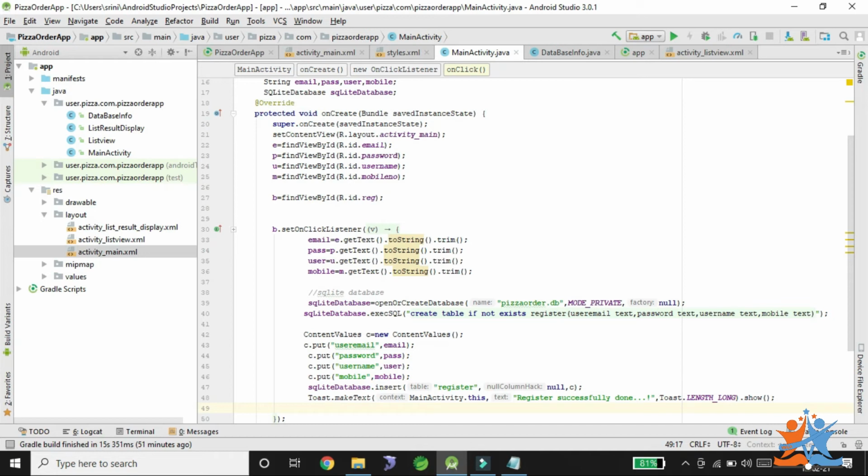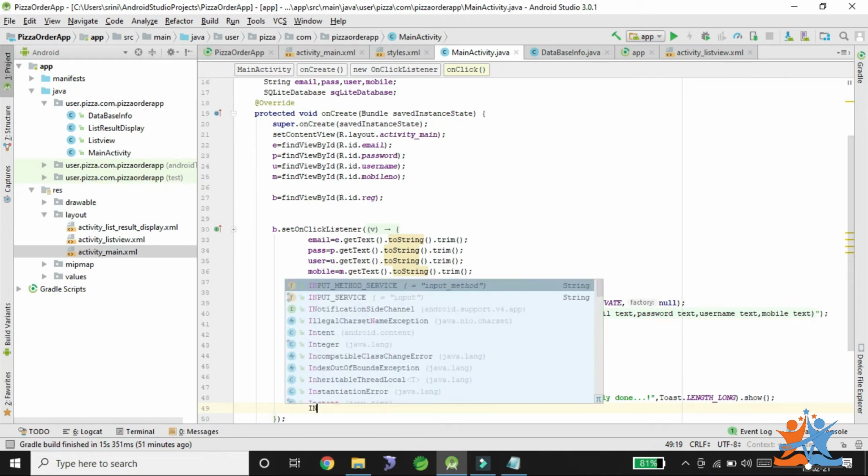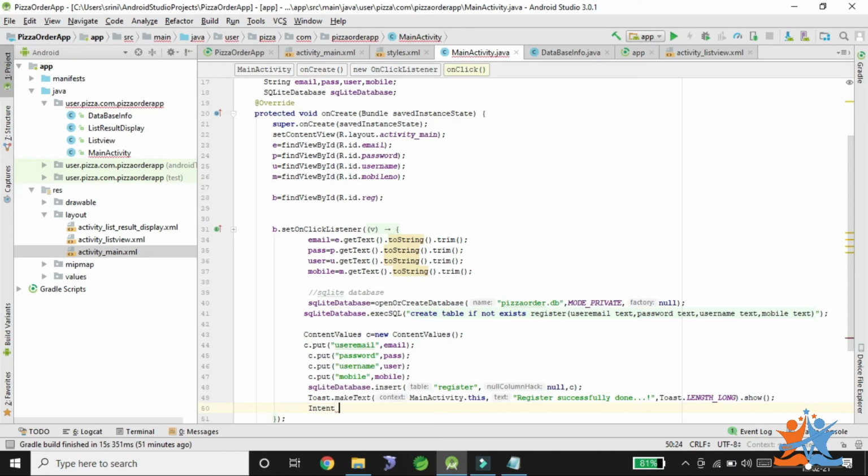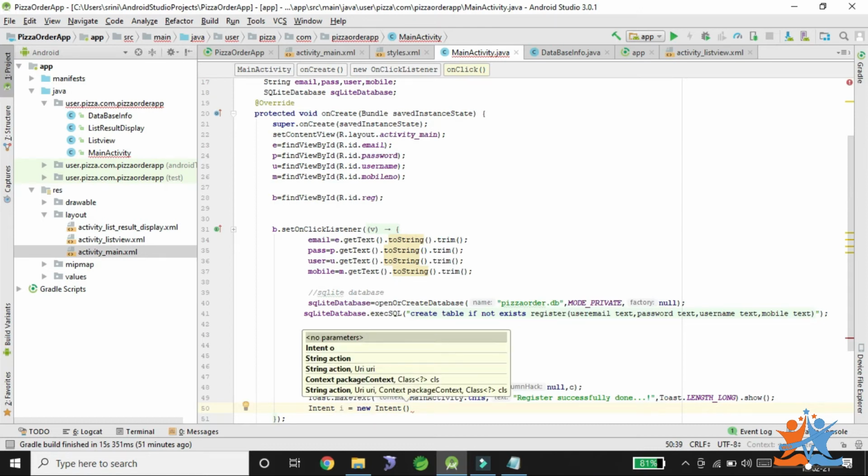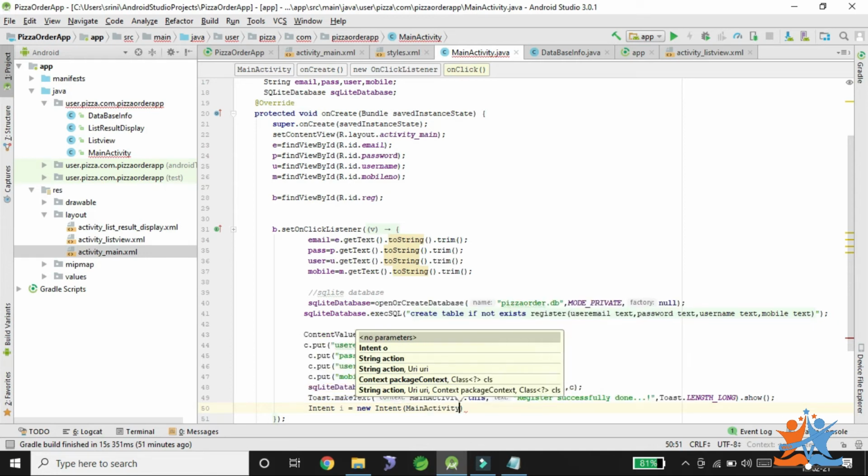That other page needs redirection with the help of intent. So here Intent i equals new Intent, two values you need to pass: the current page and the target page. What is the current activity? Main activity dot this. The current activity is nothing but the this keyword.